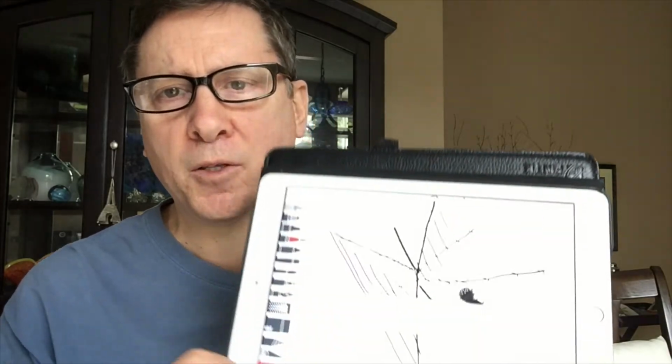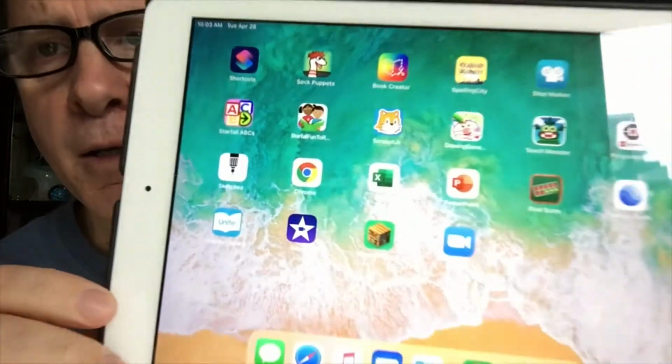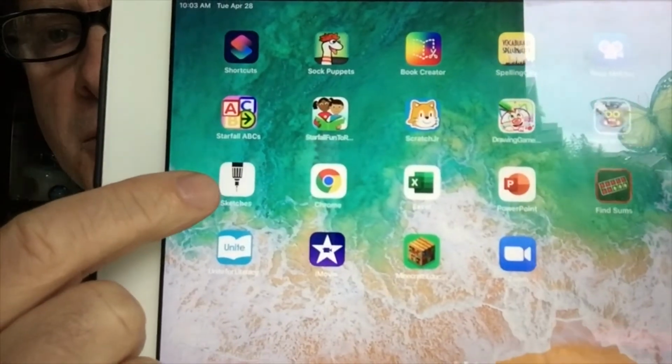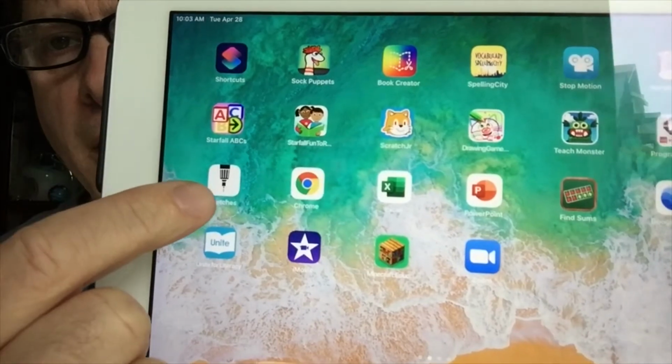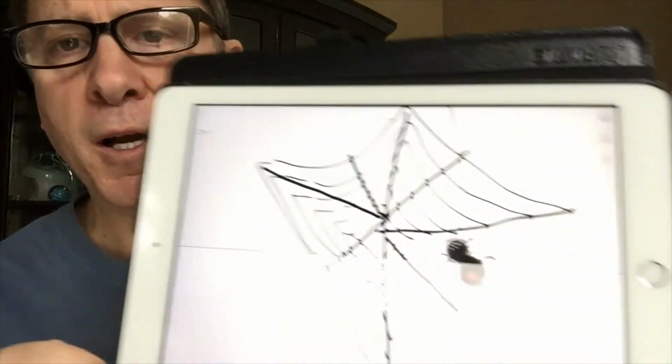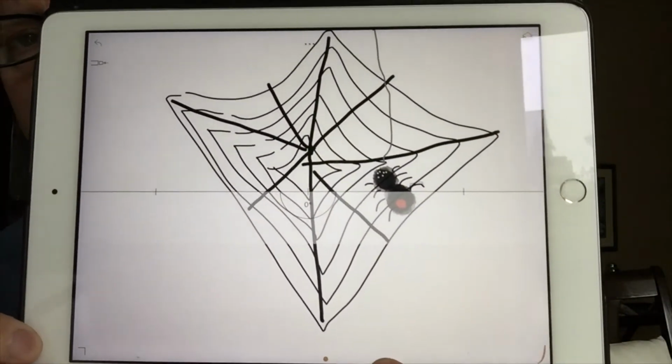Alright, so for today's technology lesson, we're going to use a little app for drawing. It's one that's called Sketch, and I can show you what that looks like. It's this one here, which is free to download, or it might already be on your iPad, especially if you're using one of the school iPads. Tap on that one to open it up,